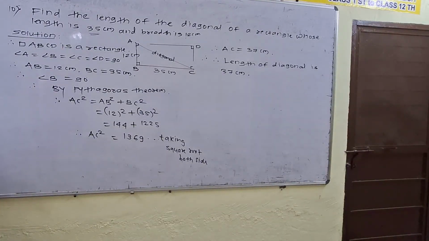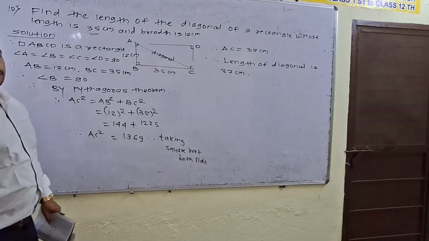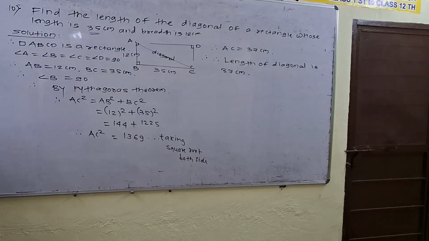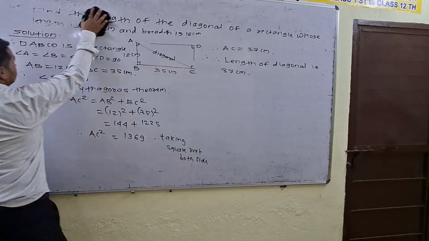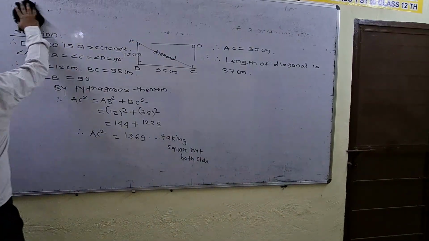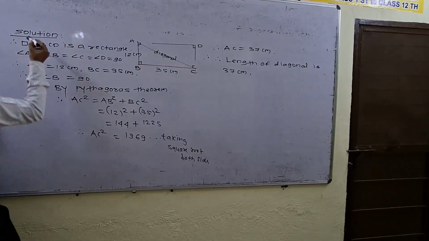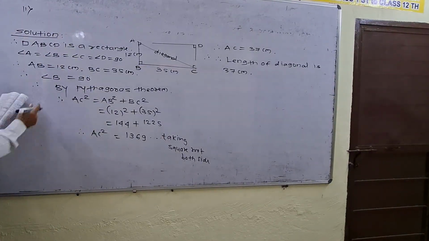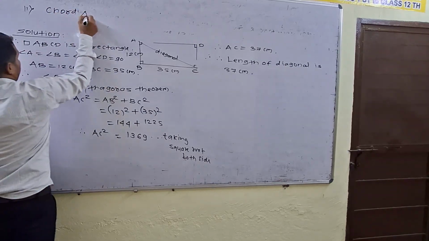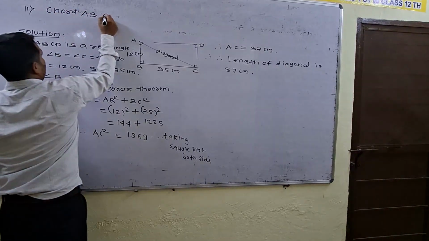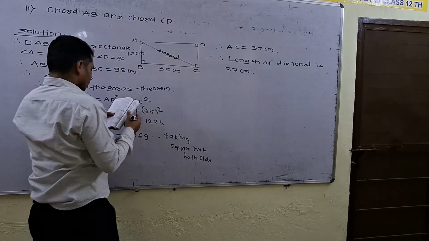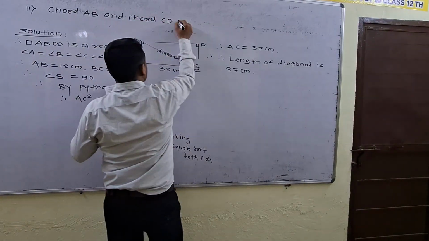Are you done? So we also learn chapter first, chapter second. Okay. Next is chapter number third question. So these are all 1 or 2 marks questions. Chapter number 3, question number 11. Chord AB, write down again, chord AB and chord CD of a circle